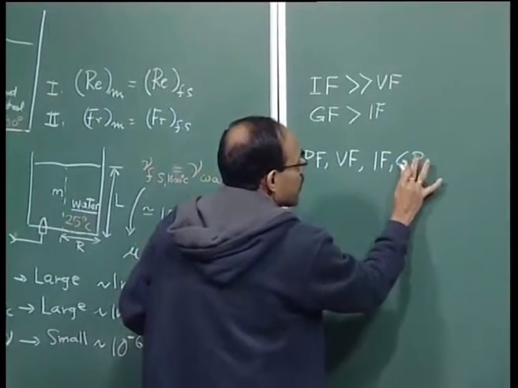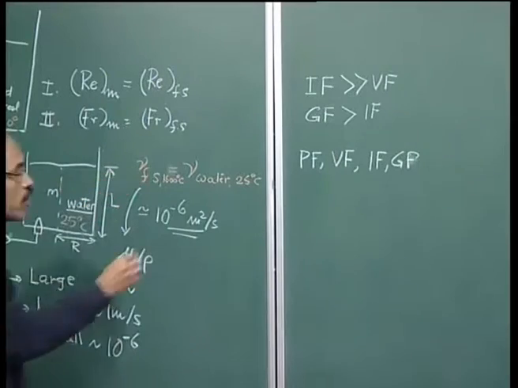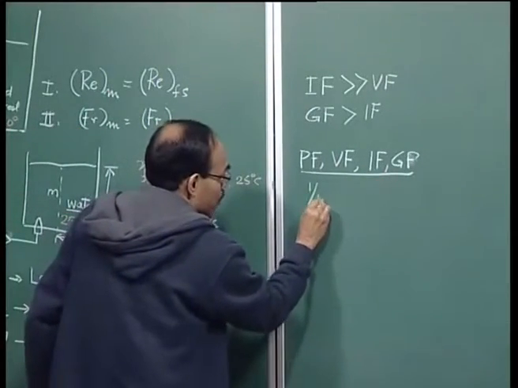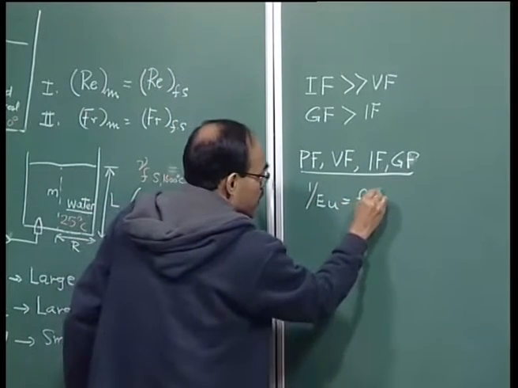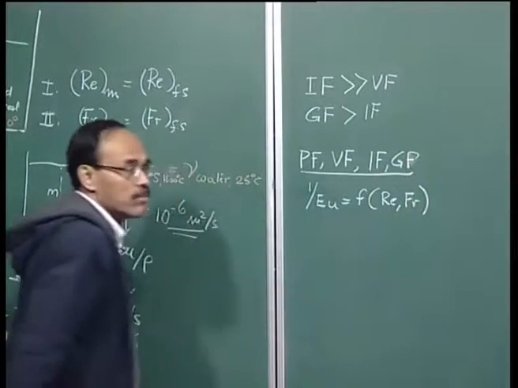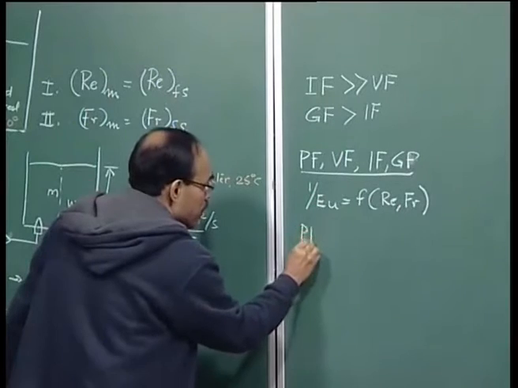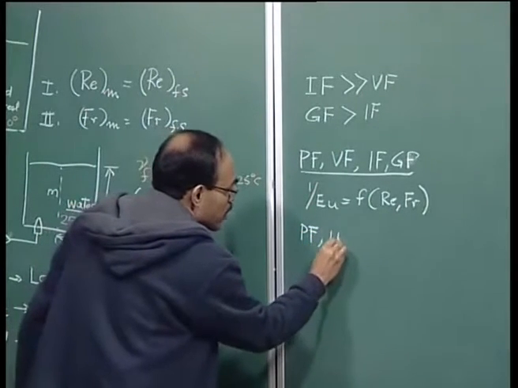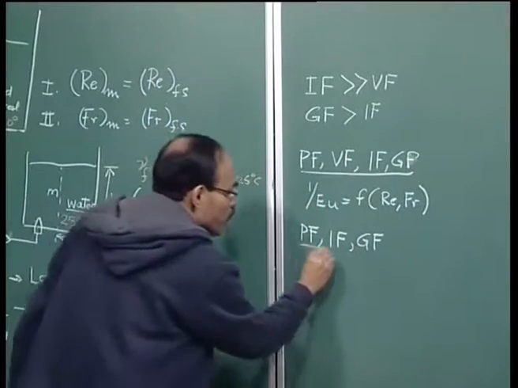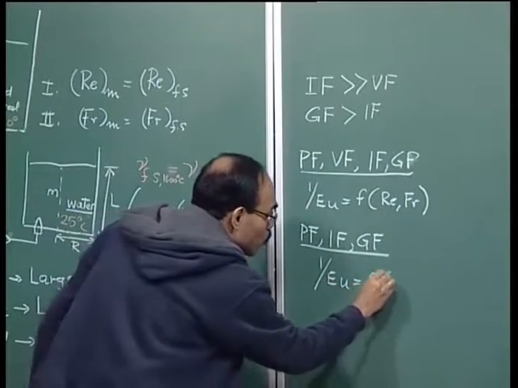Based on that, I derived this criteria, and I have also shown that when these are the 4 forces, in non-dimensional form this functional relationship holds good. But now, if the pressure force is there, the viscous force is not there, inertial force is there, gravitational force is there, only 3 forces, then the functional relationship will boil down to,